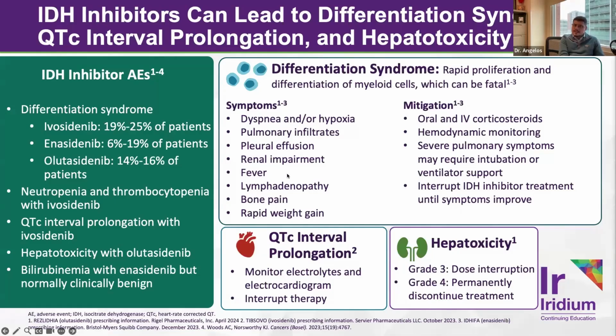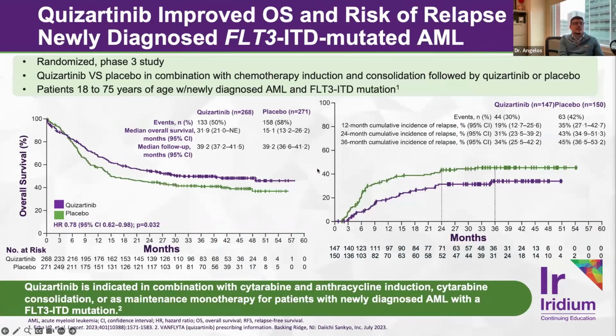And so it's not surprising that sometimes we start patients on the IDH1 inhibitor, and we're talking about starting their second cycle of treatment. This is where they come in with dyspnea, fevers, weight gain, other issues that we associate with differentiation syndrome. And these people should really be promptly recognized, treated with steroids, and considered for holding the drug.